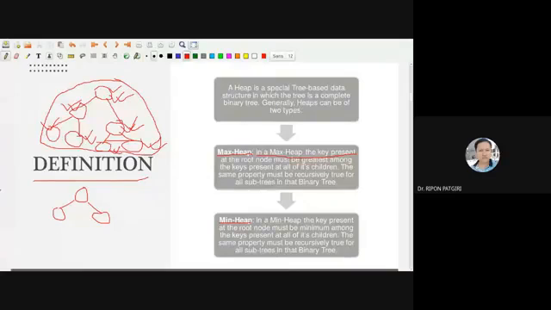That means if it is a max heap, then this is the largest one. And in this subtree, this is the largest one. In this subtree, this is the largest one. In this subtree, which is the largest one? This is the largest one. So this way,